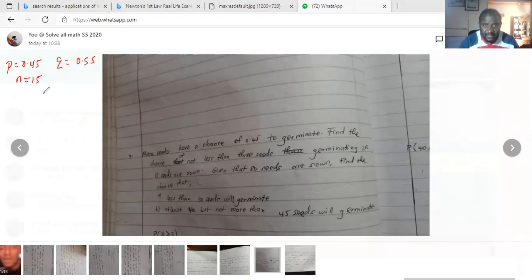They want us to find the probability that, find the chance of not less than 3 seeds germinating. It means the seeds that are expected to germinate are going to be 3 and beyond. Not less than 3 seeds germinating means 3 and beyond seeds have germinated. So what will I have? We shall have,